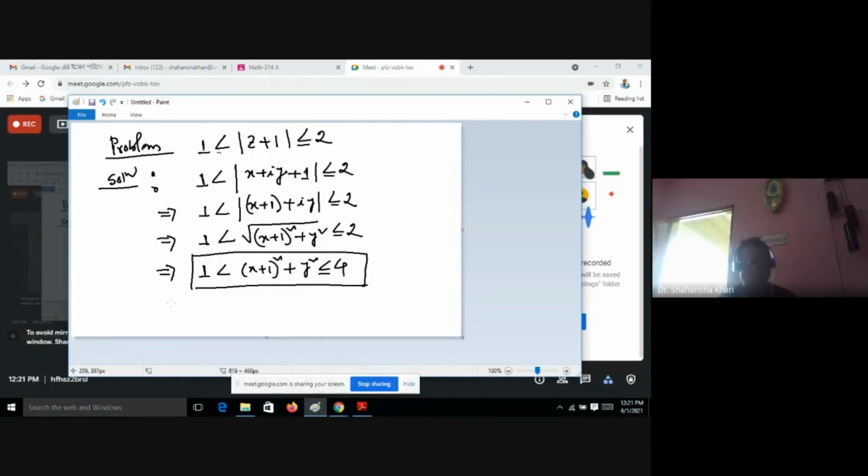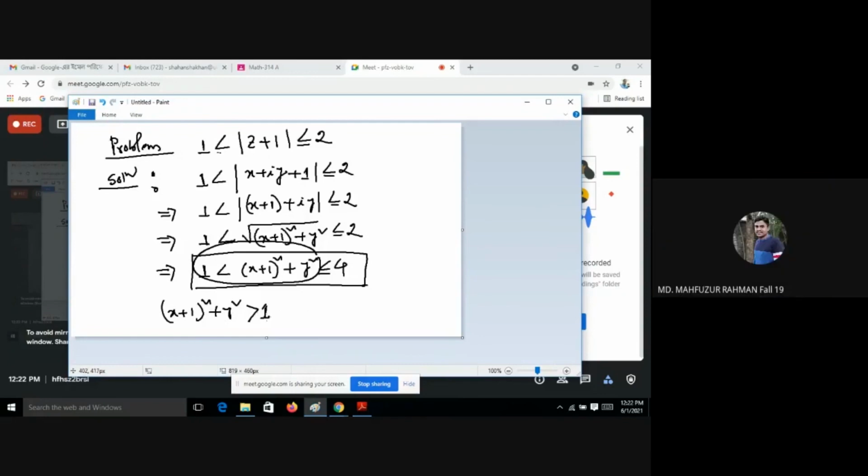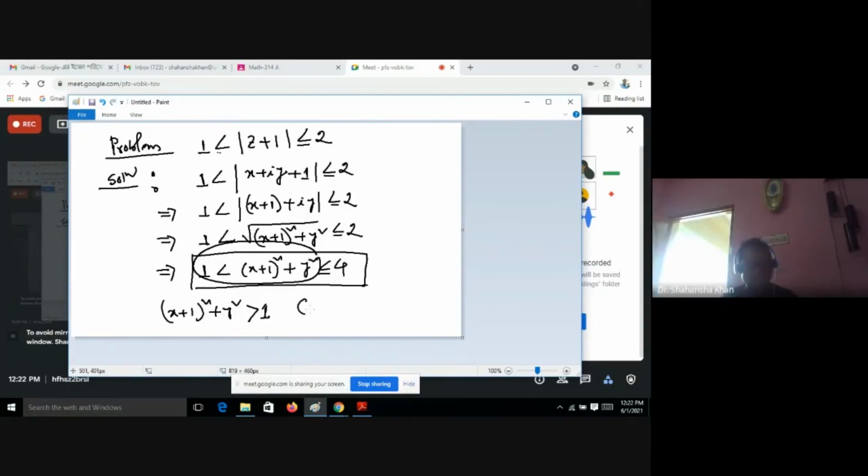Yes, sir. Okay, so at first, if you compare this inequality, we can write x plus 1 whole square plus y square greater than or equal to 1. Am I right, Mahfuz? Yes, sir. It is a circle. Center minus 1, 0 and radius